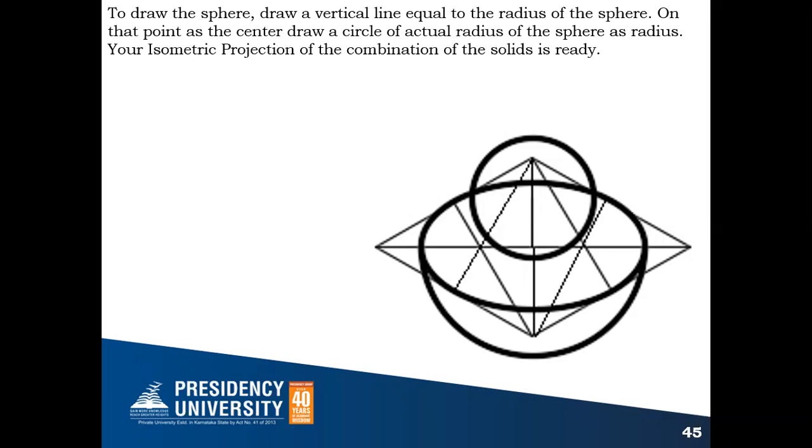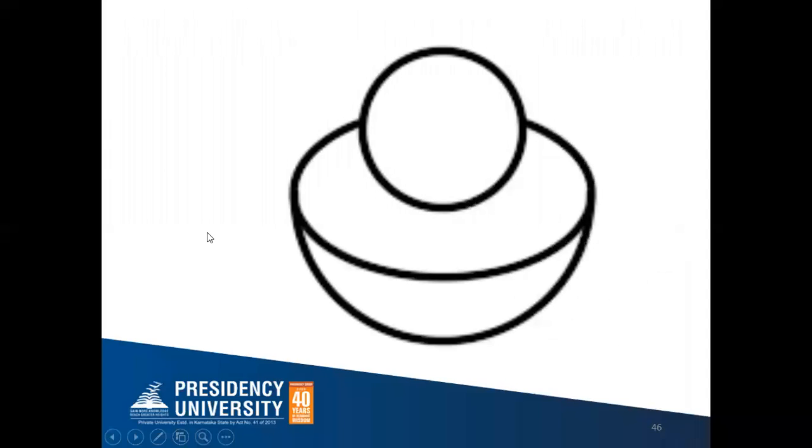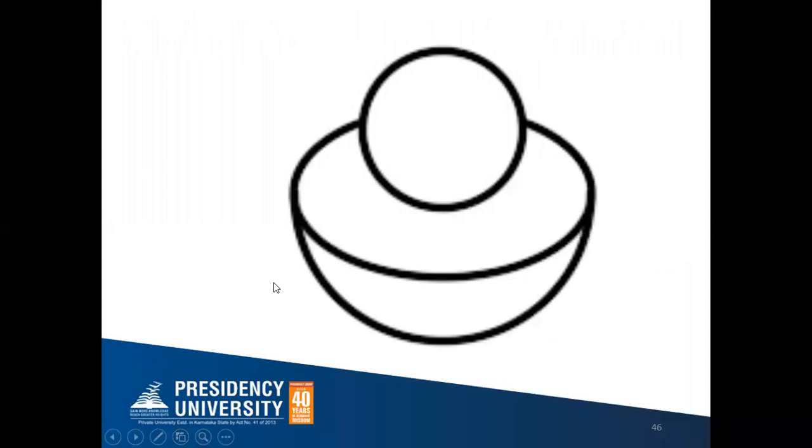If you remove these construction lines, the visible edges will look like this, because this you cannot see, as the sphere is already there. So this is how the combination, where the sphere is placed above the hemisphere, looks at the end.